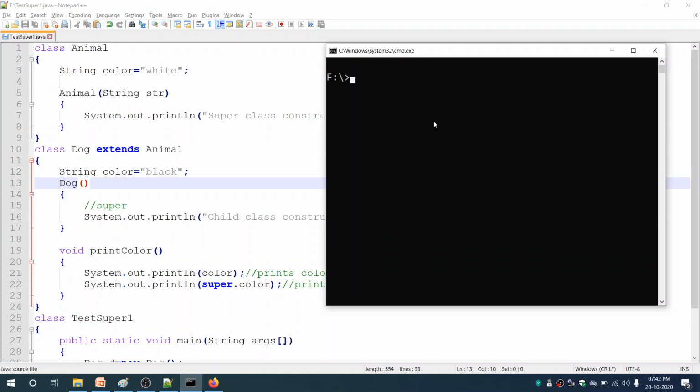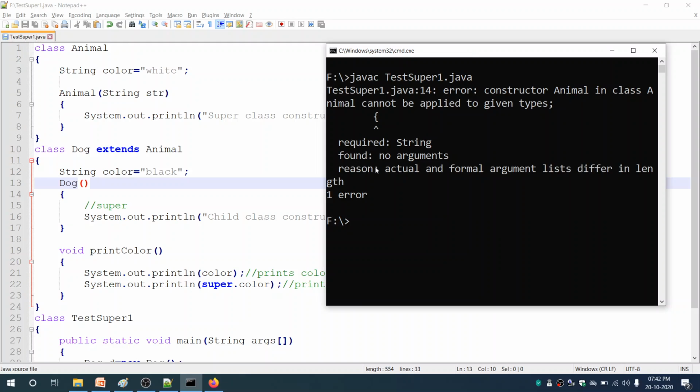Here we have removed the super keyword, and the constructor in the Animal class is a parameterized constructor. If I compile the program, you can see it is generating an error. It says constructor Animal in class Animal cannot be applied to given types, required string, found no arguments.